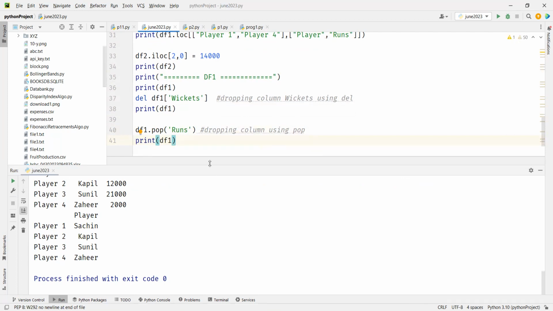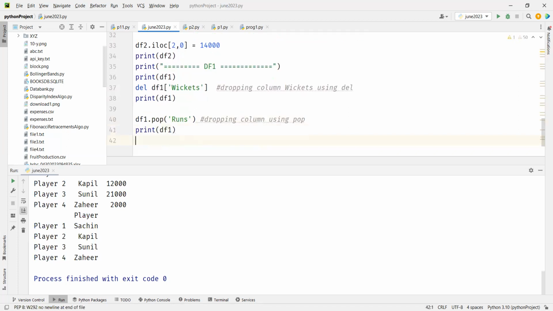So I'll add an average column. So what will I do? Now to add this, I will simply say df1, and you give the column name. So I say average. So df1 average equal to,